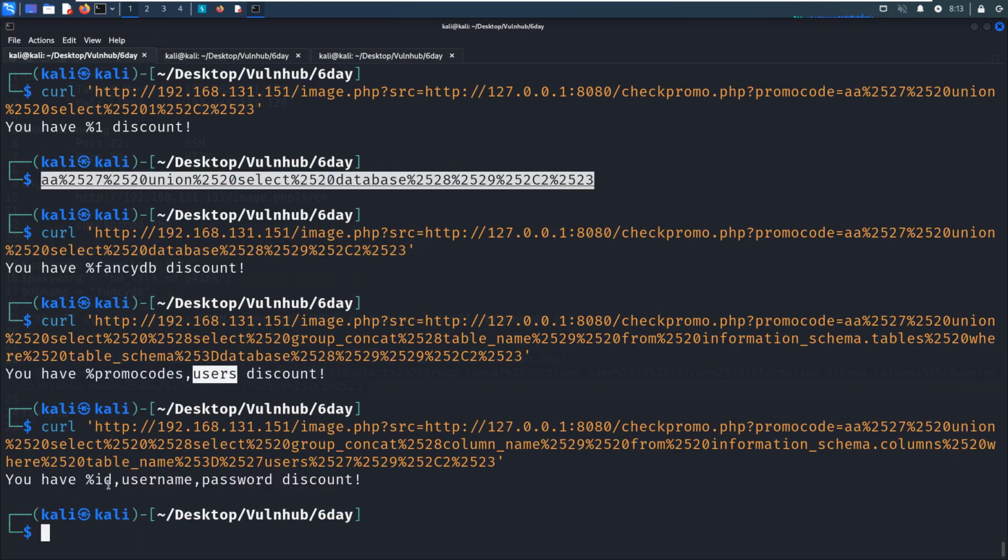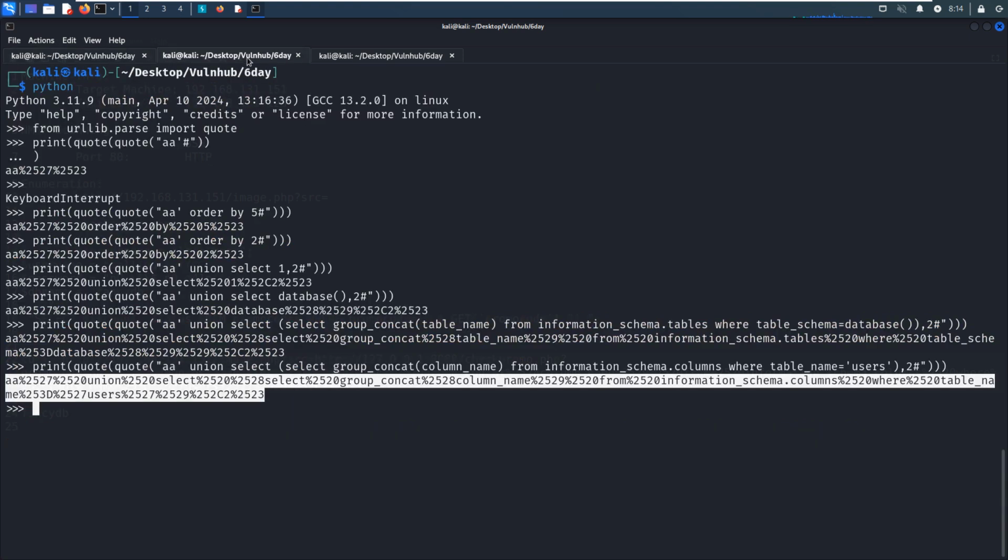So there are three columns in the users table: ID, username, and password. And what we want is username and password. Okay, so how to do next?